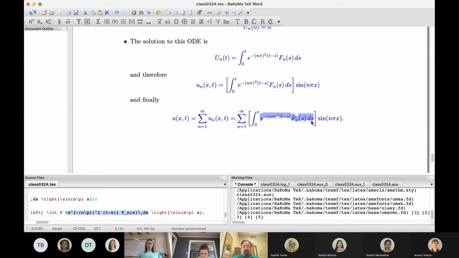this integrand. So the integral itself would go away. Whereas if I take a second derivative of this whole thing with respect to x, I'm going to get each term here multiplied by minus n pi squared. But also taking a derivative of this with respect to t, well, there's two parts to it because there's a t dependence here and a t dependence here. So if I want to